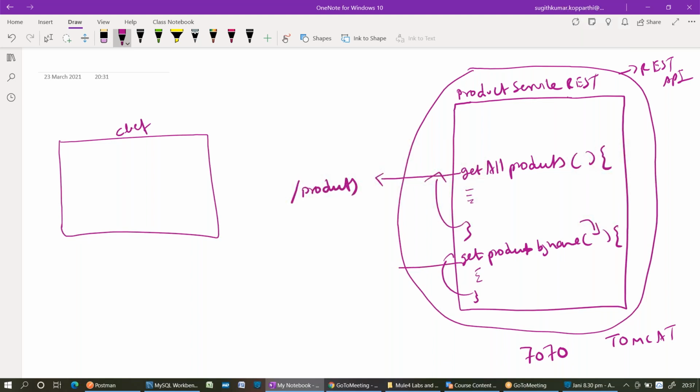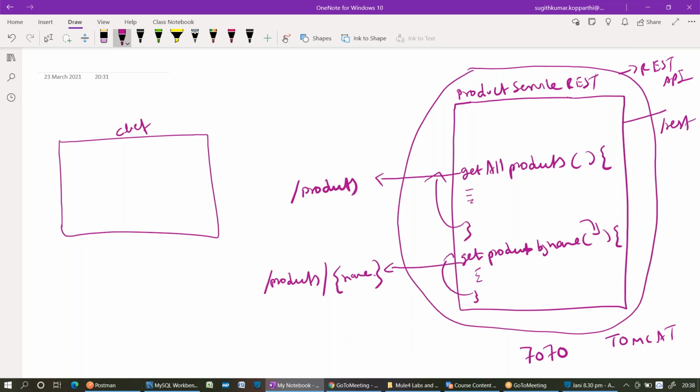Get product by name is mapped to /products/ followed by the name, which it is expecting through URI parameters. You already know how to write URI parameters. So this is the path for get product by name, and this Product Service REST application has a base path of /REST.